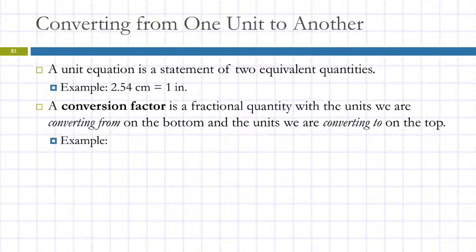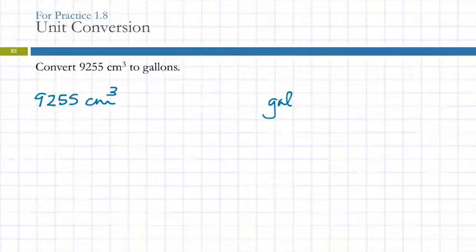So to make a conversion factor, we start with that equality. We need two things that are equal. So I've got 2.54 centimeters is equal to 1 inch. Okay, so that's true. I can make a conversion factor from this. So I'm going to divide both sides